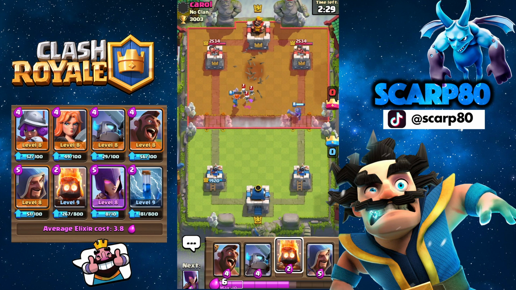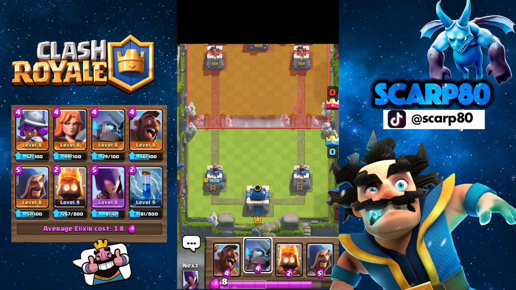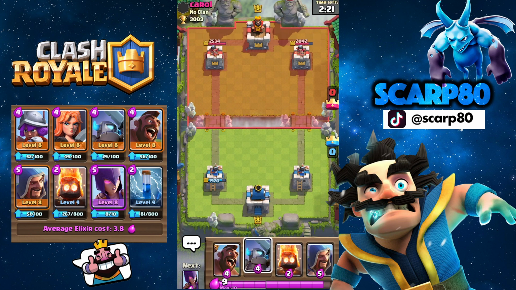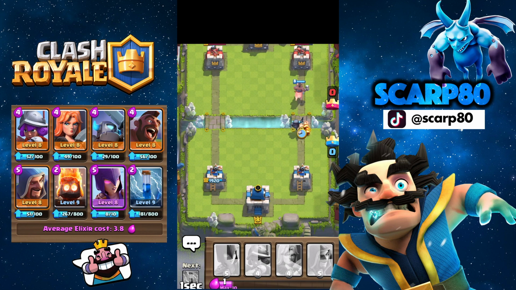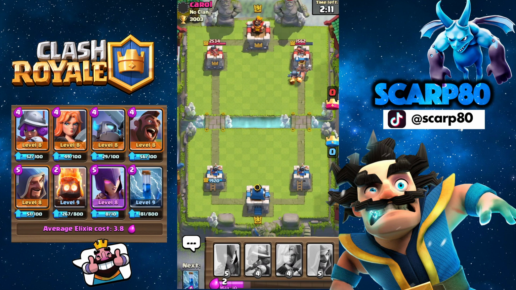Then I think I just want to save my elixir, see if my musketeer can hopefully get a few shots off. But the thing with this deck is just using your elixir wisely, and with any deck, I think. I'm gonna do a hog P.E.K.K.A. fire spirits push right now, like I said, and yeah, look at how